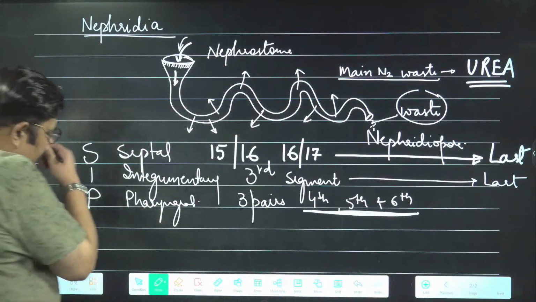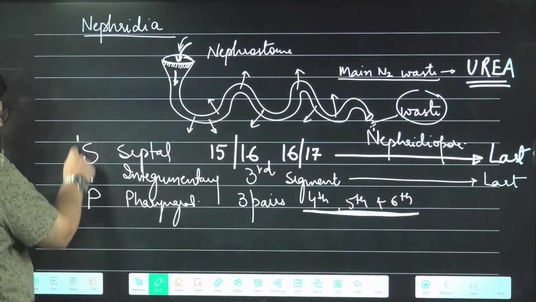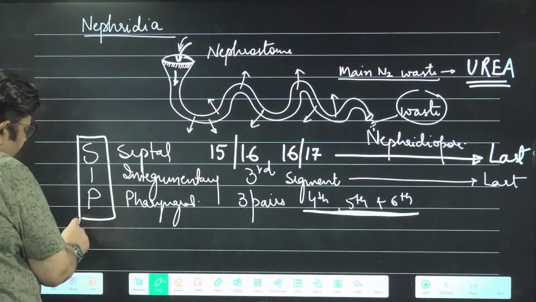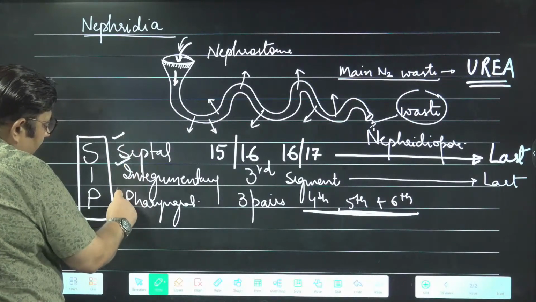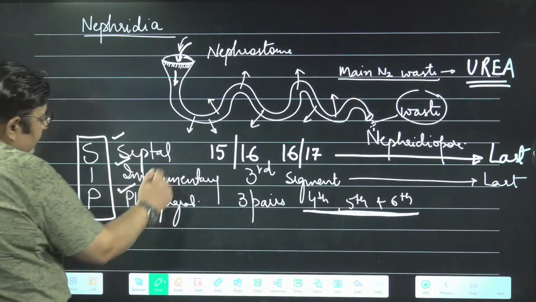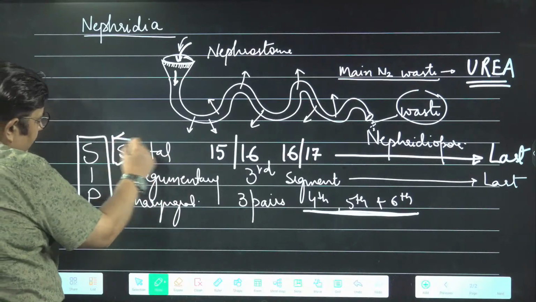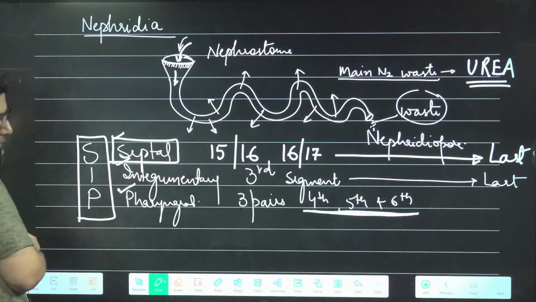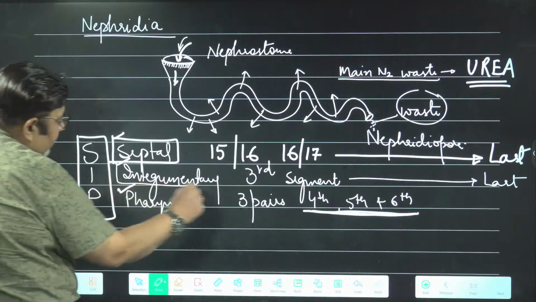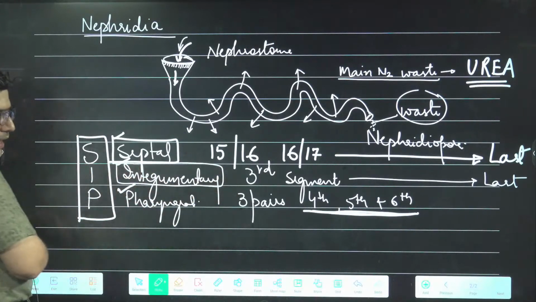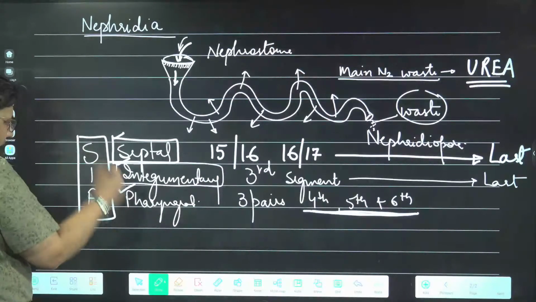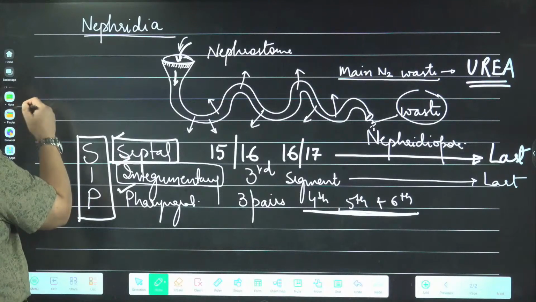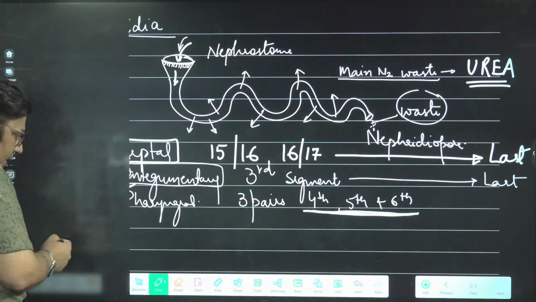So there are three types of nephridia: septal, integumentary, and pharyngeal. The largest of them are septal nephridia. The smallest of them are integumentary nephridia. Largest septal, smallest integumentary. If this last information which I am sharing is not in the textbook,